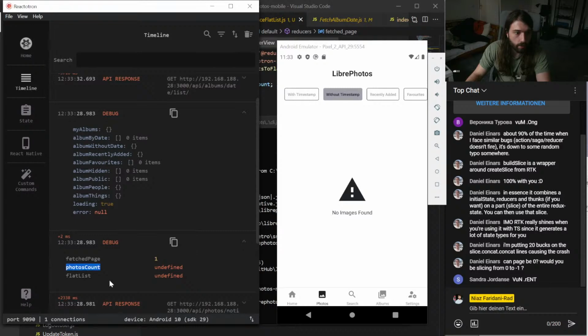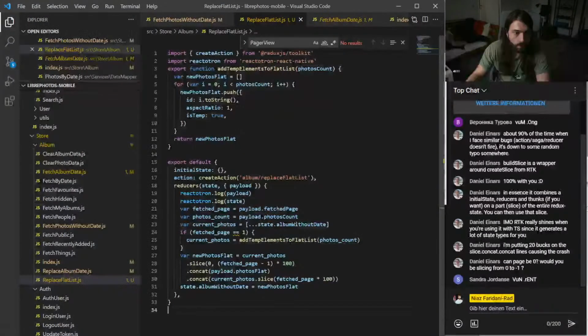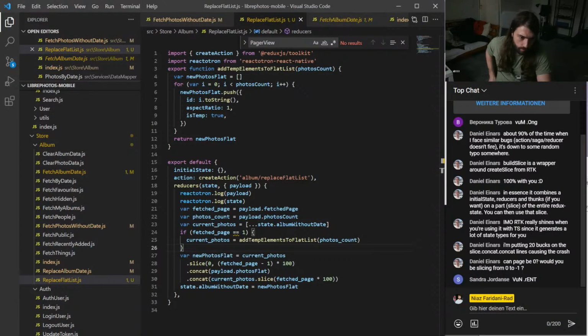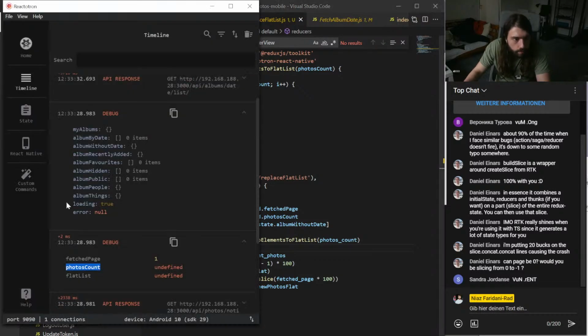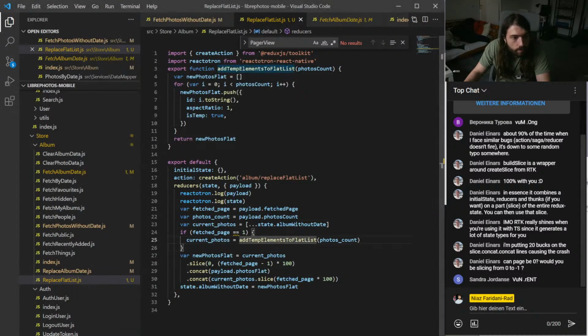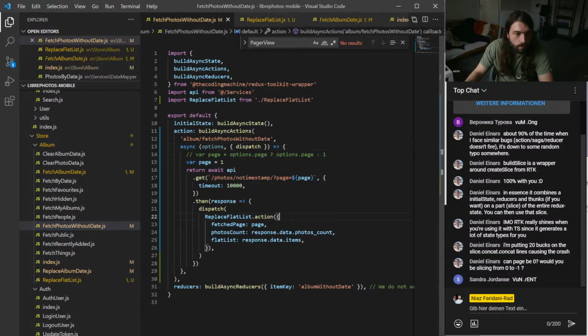Fetch page, photos count undefined, okay, and flat list undefined. So photos count. Interesting. Fetch page, okay. So these things are currently undefined.